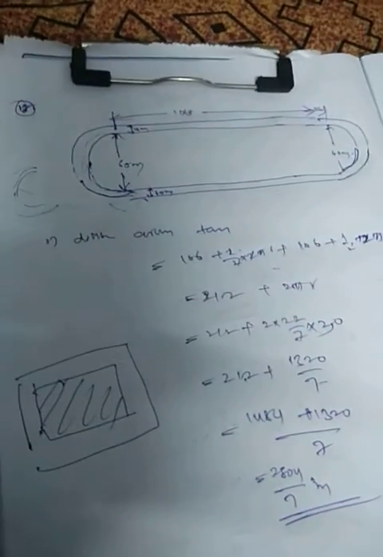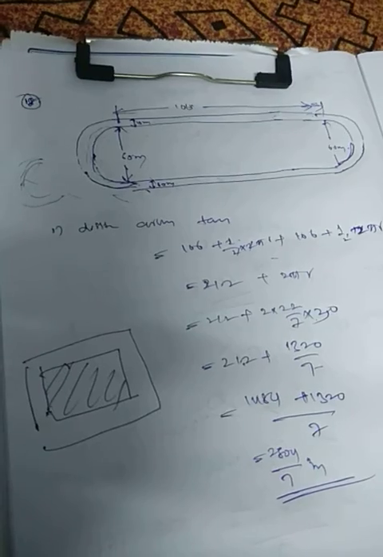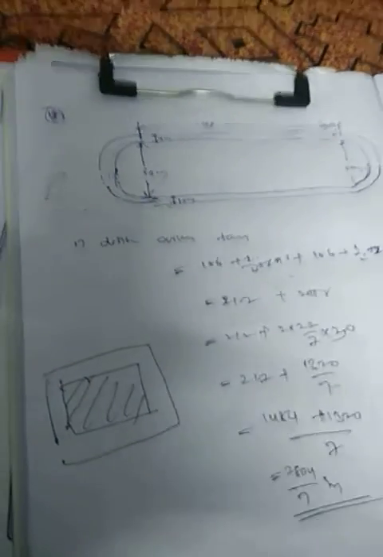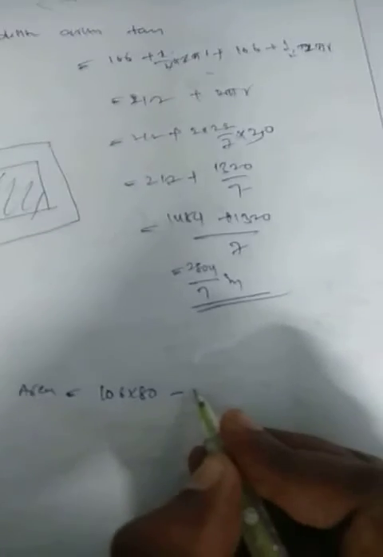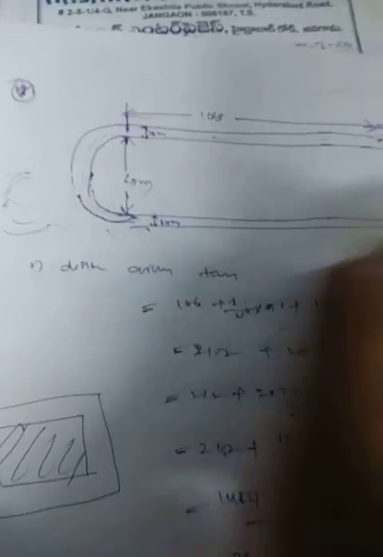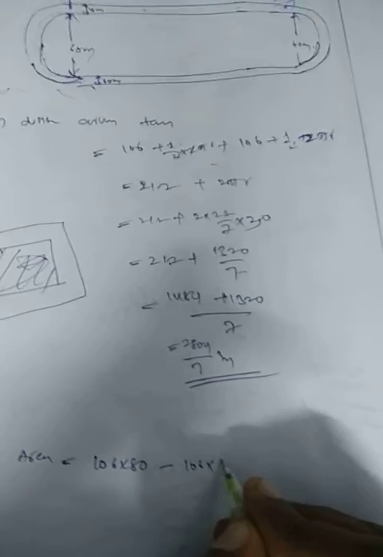So what is the edge length there? So edge length is going to be, how can I write? Let us take it. Look here, actually this is the area of the track, no? So from this total we need to eliminate this shaded region. So what is the shaded region length? 106 into 60, I think this will be 60. So plus,